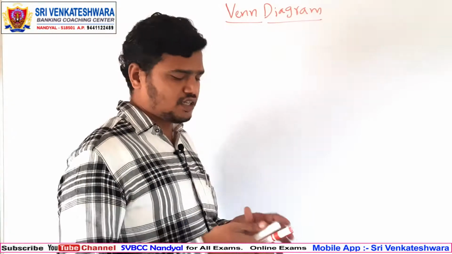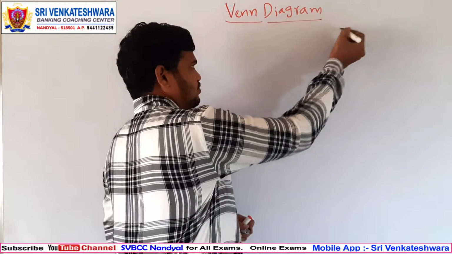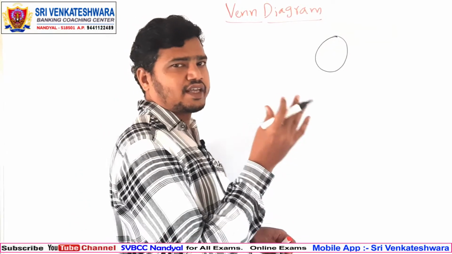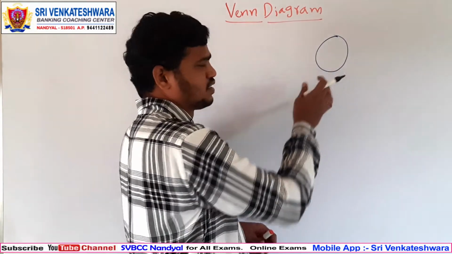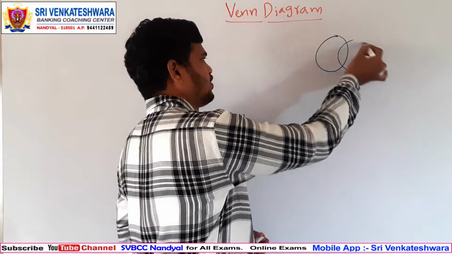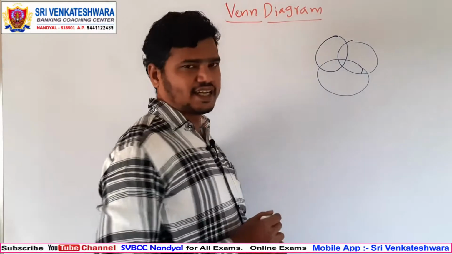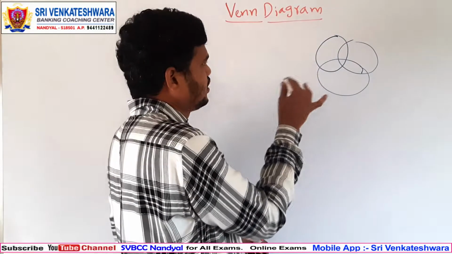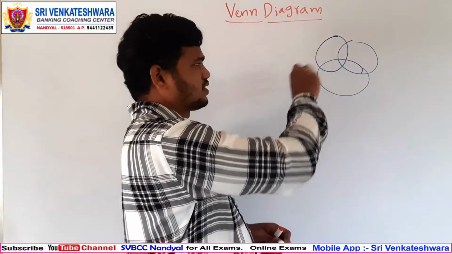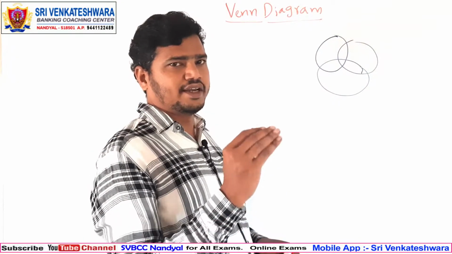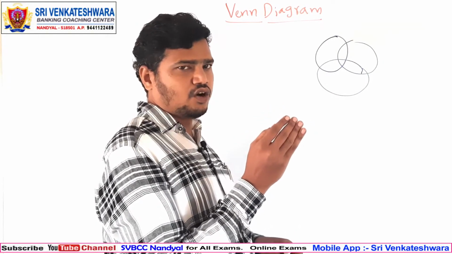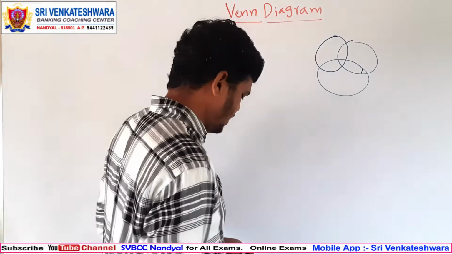We can simply represent it with the help of circles. The number of circles depends upon the number of categories. If we have 3 different professions, we use 3 circles. In this manner you can represent the different categories. So based upon the categories, how can we draw the circles? Let us see here.